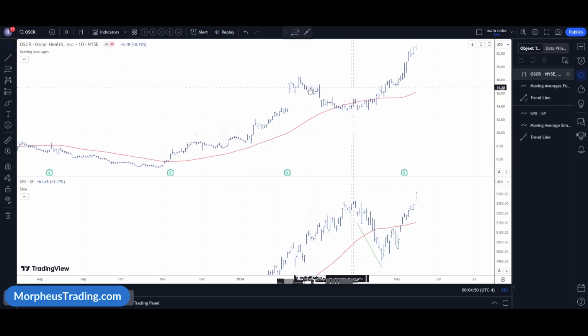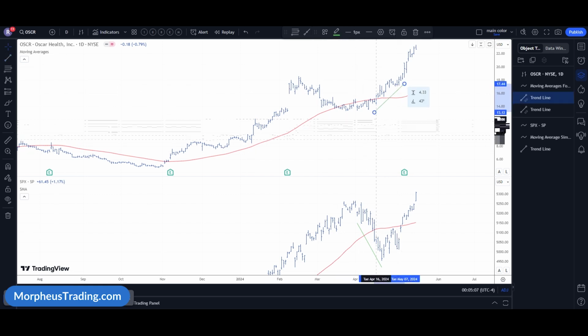Another example of this would be OSCR. It sold off ahead, so it had relative weakness here in that it sold off prior to the S&P topping out. But then as the S&P rolled over, OSCR held its ground and set higher lows through this whole rollover